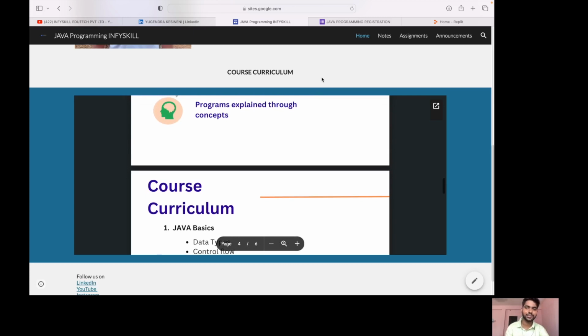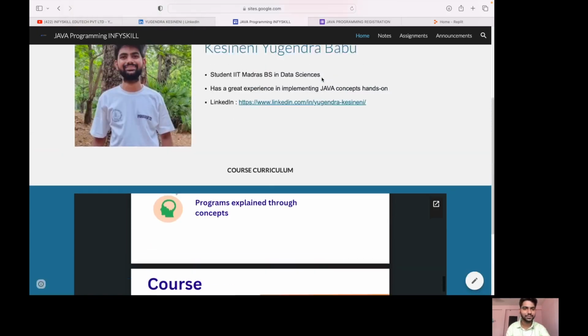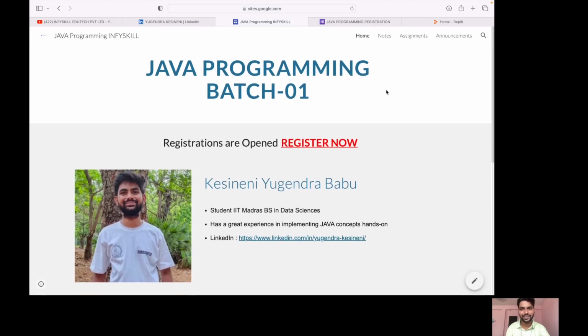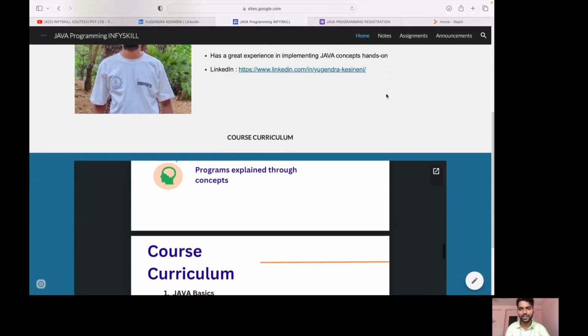After the assignments, we'll publish scores, and the top 3 or top 5 will get these merit certifications. Not everyone will receive the merit certificate. After every exam, the toppers will get it. They can share their certificates on LinkedIn and tag us, and add them to their resume as well, because InfiSkill EdTech is an AICTE recognized private limited EdTech company.